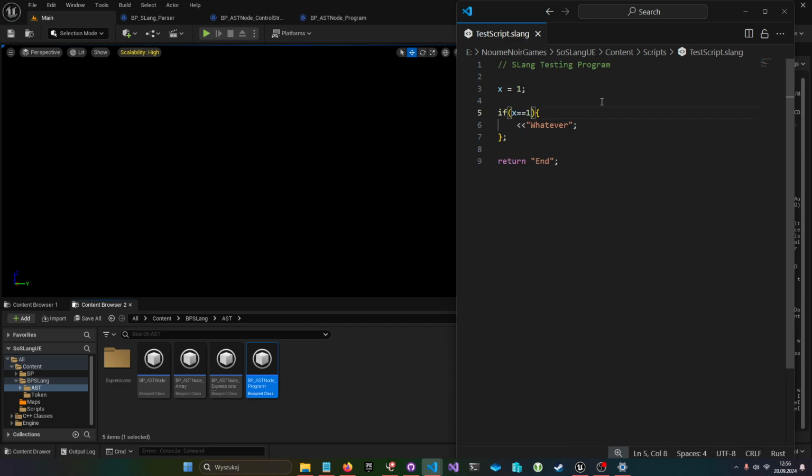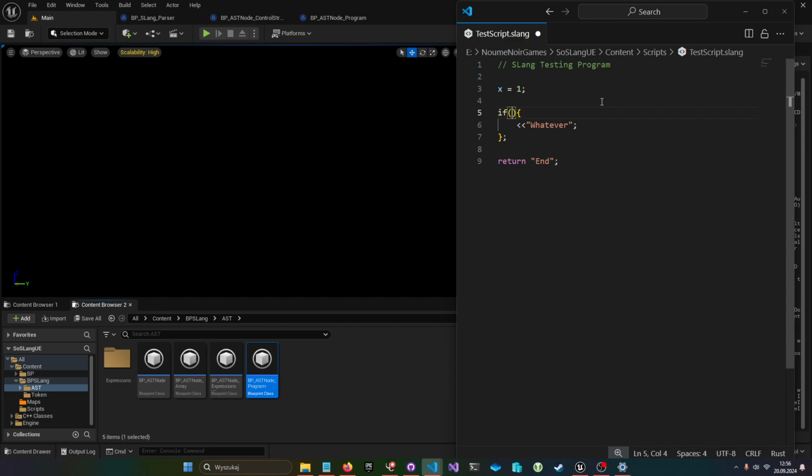And in my language, I also decided to delete bools, because I decided that bools are just syntax sugar for integers. In my language, we just have 0 or 1.